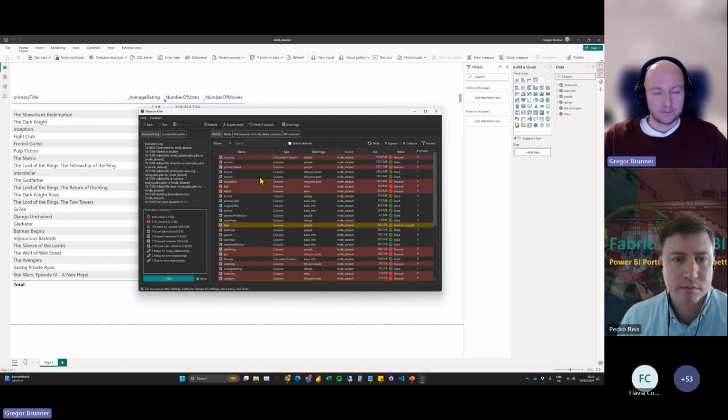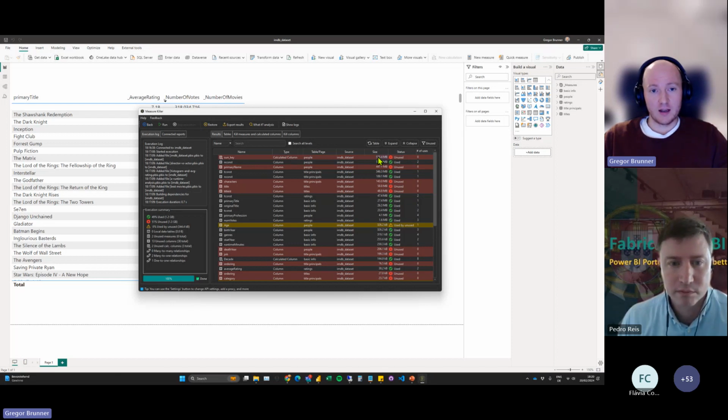Yeah. So basically, that's what we get. And then I can just see that this is already sorted by the size. So I can see that my most costly column here is a calculated column actually, and it's completely unused. And this is using 575 megabytes.